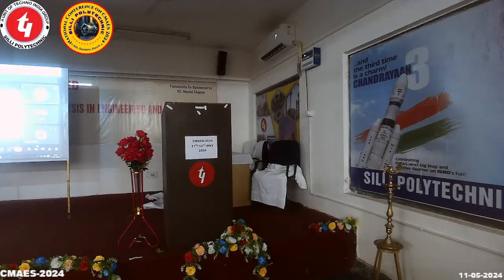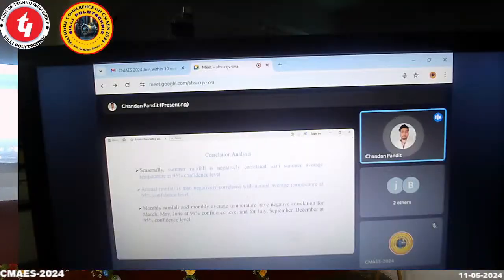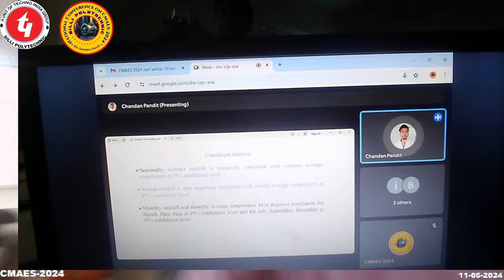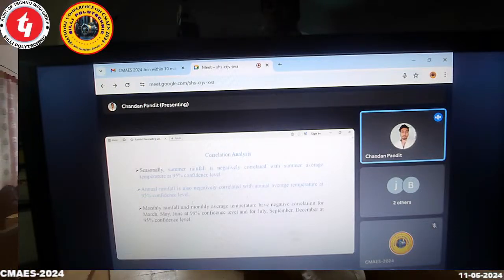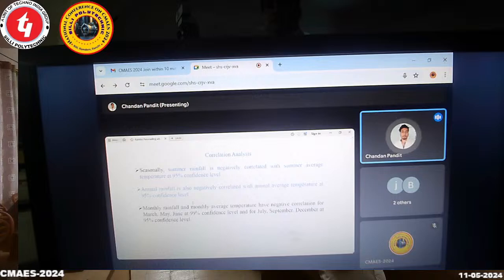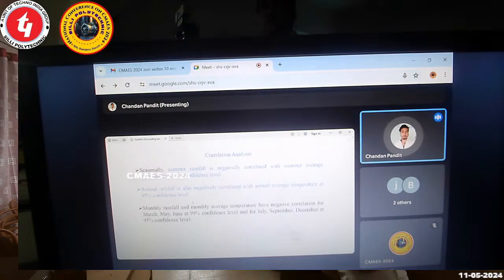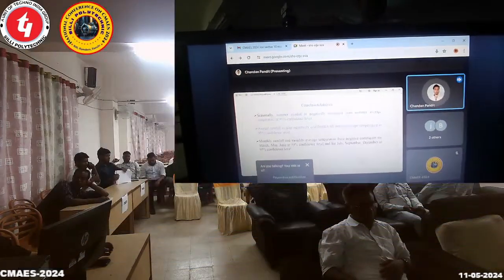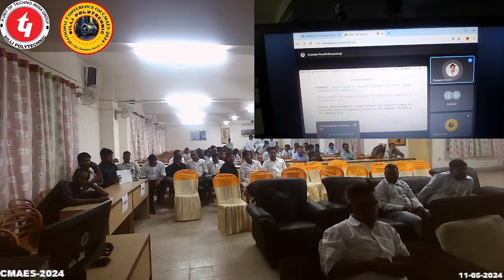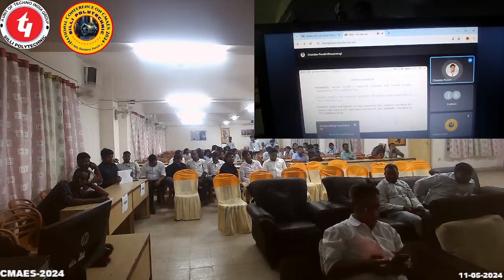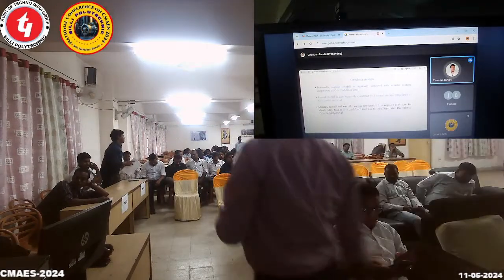So let's talk about correlation analysis. In this correlation analysis, I have tested the interdependency of rainfall and temperature on each other. Seasonally, summer rainfall is negatively correlated with summer average temperature at 95% confidence level, and annual rainfall is also negatively correlated with annual average temperature. So basically this means that if summer average temperature is increasing, then summer rainfall will decrease, and if annual average temperature is increasing, then annual